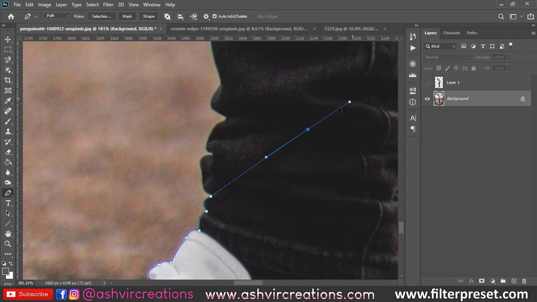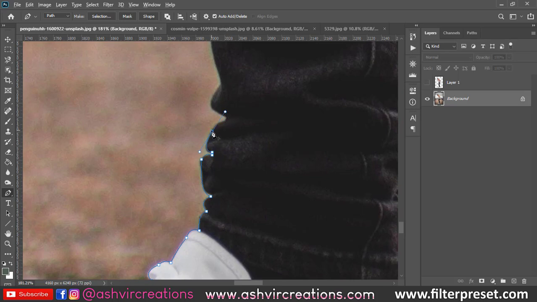You can place it somewhere over here, and again move it with your mouse and release the space button, so you will be able to make that selection. Now again press the Alt key to reduce that point, and again select this area